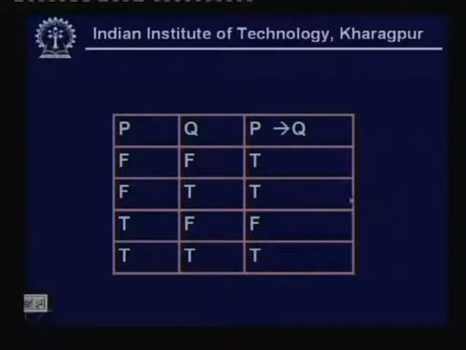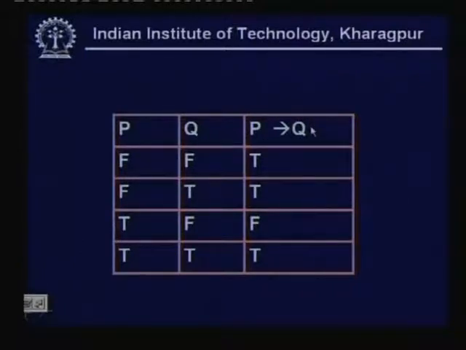Let us have a few more examples. Here we are looking at the implication logical operation. Now, what does implication mean? It was told in the last lecture. If P is true, then Q will certainly be true. So, P is a sufficient condition for Q's being true, but if P is false, then also Q can be true, all right. And if P is false, still Q is true, then also this statement P implies Q is